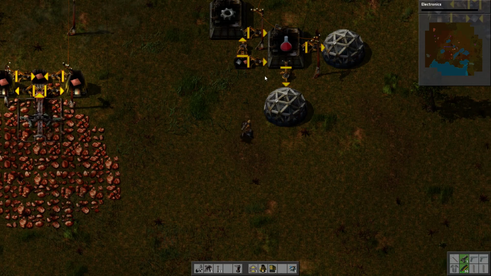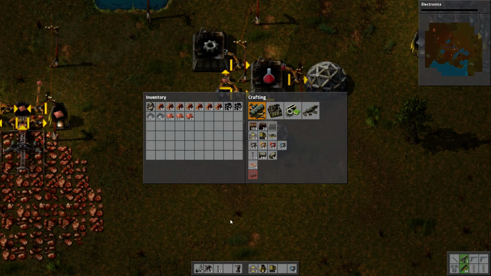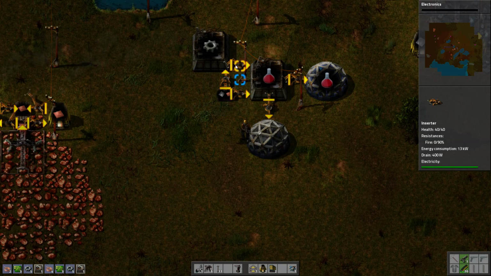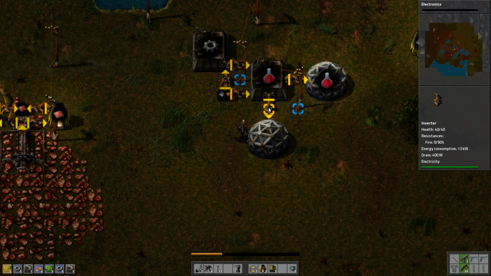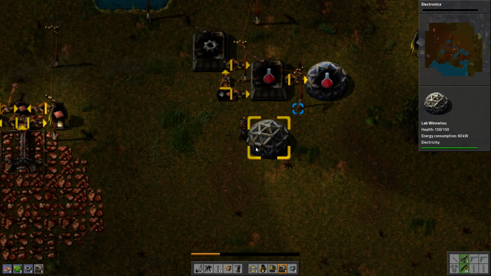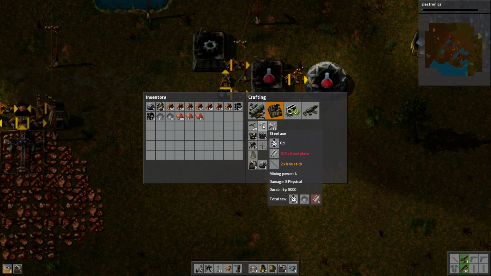Let's do electronics now that it's automatic. So what I might do is set up a mirrored version of this production setup to produce for the other lab. Think I can operate on that diagonal? Let's find out. Let's make a new...